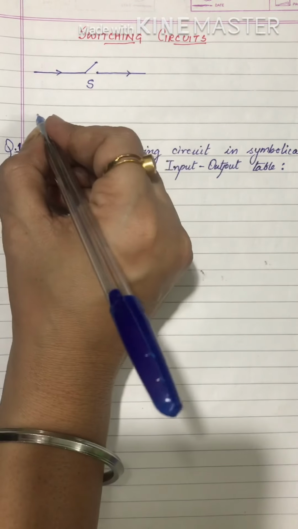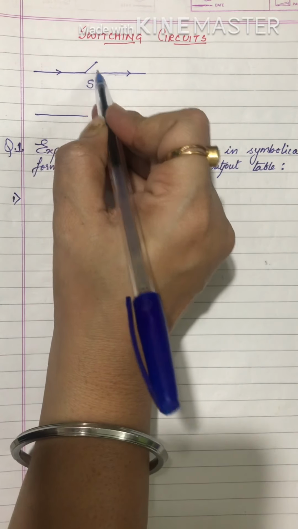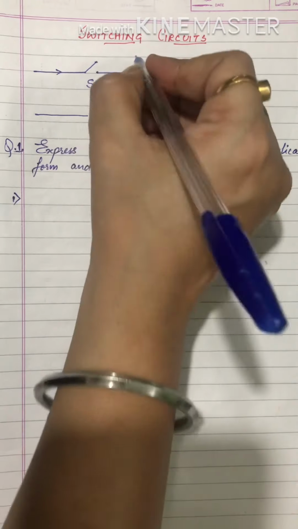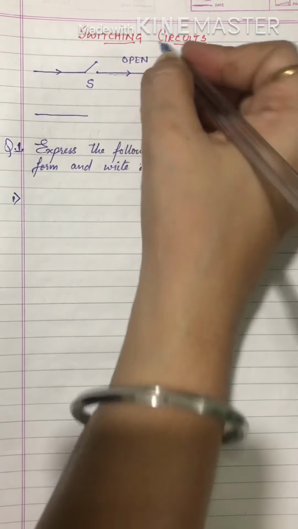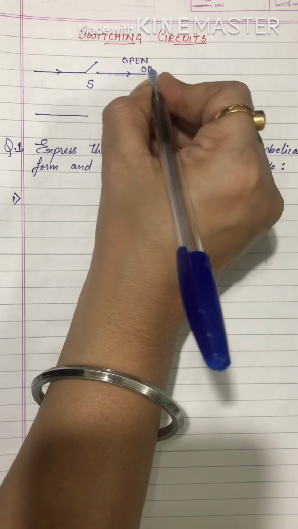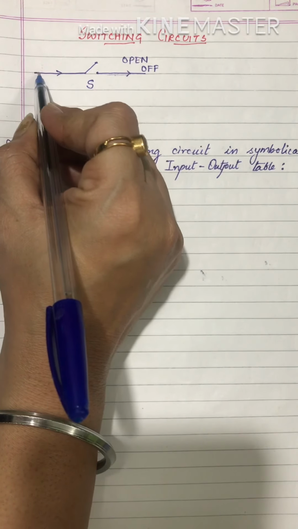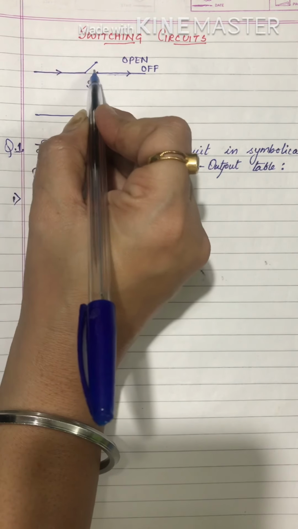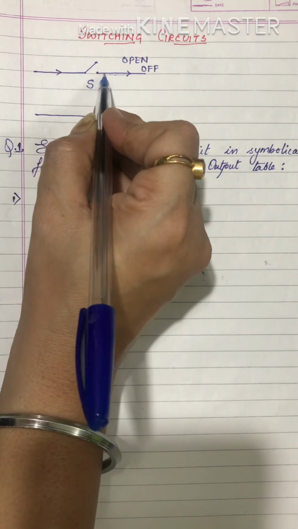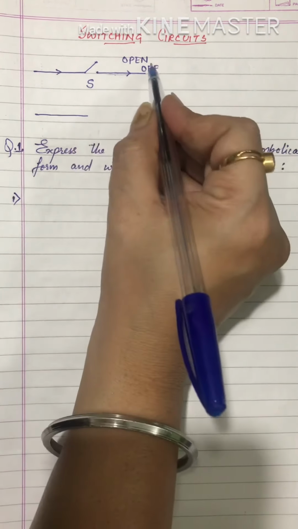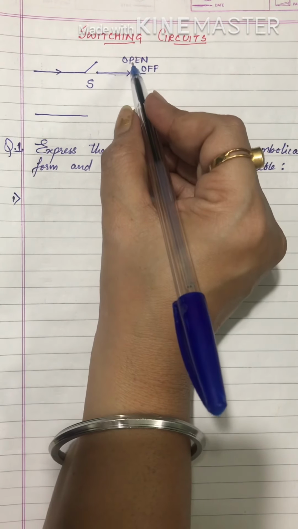Now this condition which I have drawn here, you will see this tab, it is open. The tab switch is open. That means the switch is off. When the switch is open and you start the passage of current from this side, it is discontinued here, and the current won't flow towards the other end. So we say that the circuit or the switch is off, or it is called the open condition.